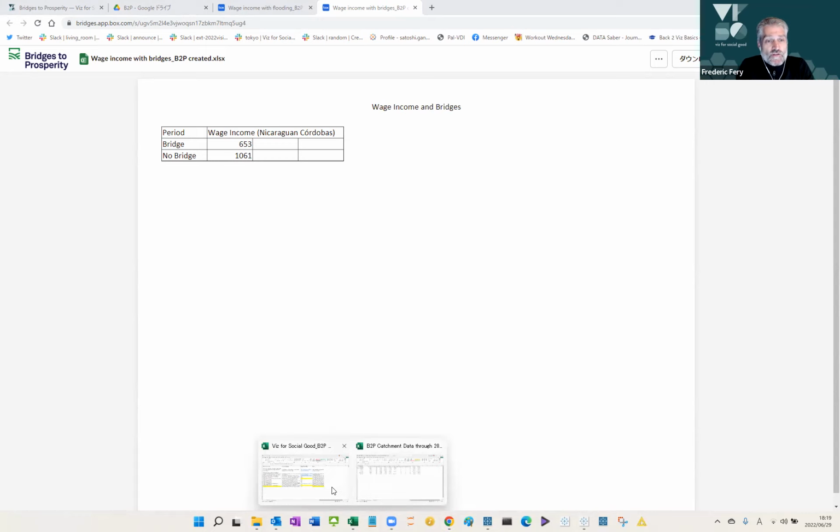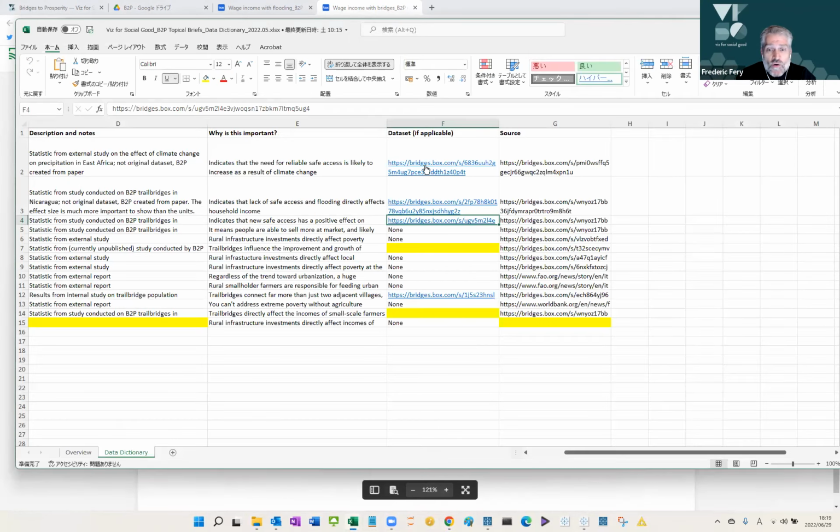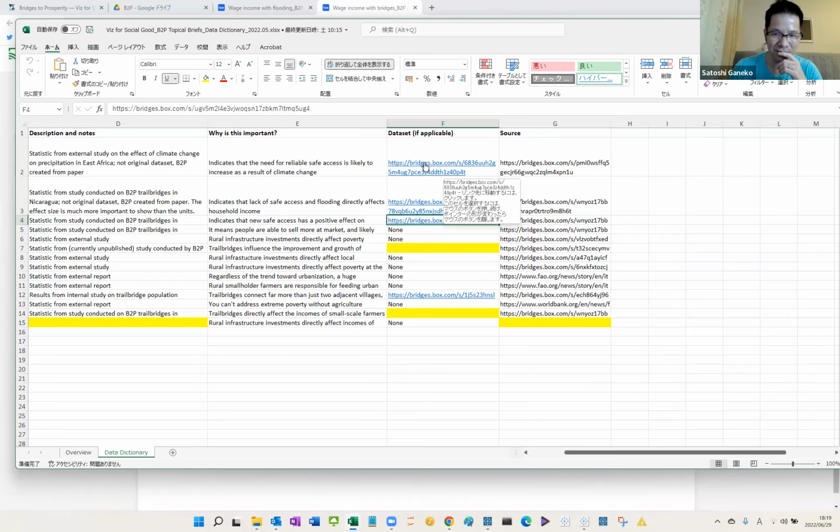I think that's the reverse. The bridge income should be higher than the income with no bridge. But provided there are only 2 numbers, like $1,000 for income with a bridge and $600 for no bridge, how do you visualize that in a powerful way if you don't use big numbers?